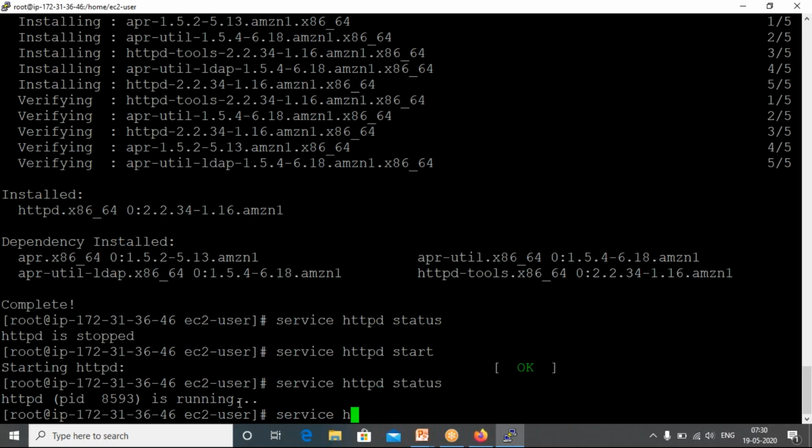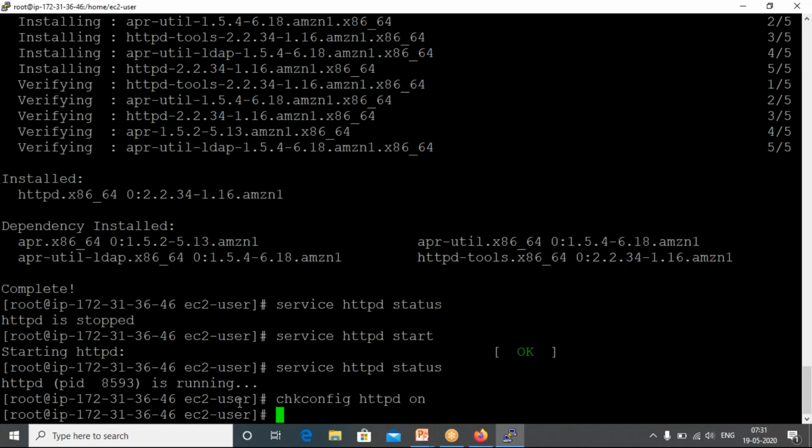Okay, now come here. So now what we need to do, friends? If you remember, we need to do something called chkconfig httpd on. What it is going to do is, whenever your Linux machine is shut down due to some issue in the background, your HTTPD service should not stop. That's why you need to use this command. This command is telling that whenever the system is rebooted, the HTTPD service should come up automatically. Click enter. Okay, so that's all, friends.